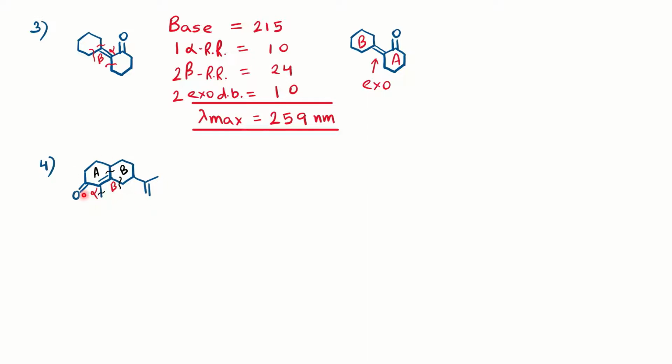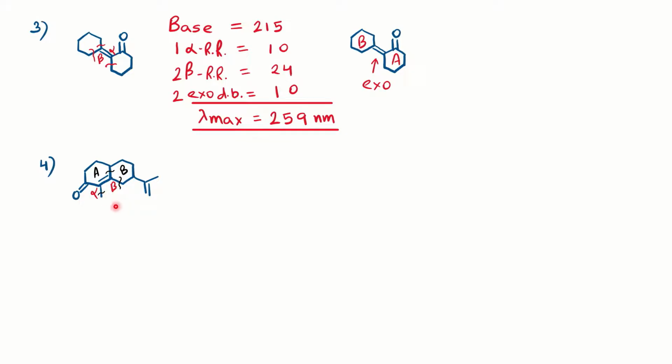Remember, now you can see you have a carbonyl group, and one double bond conjugated to it. You have one more double bond in the system, but it is not conjugated to the double bond. So the isolated double bond will not affect the lambda max value. We won't consider it. We only have to go along with the conjugation. That is the first key you have to keep in your mind.